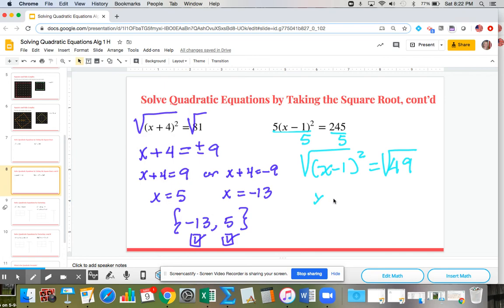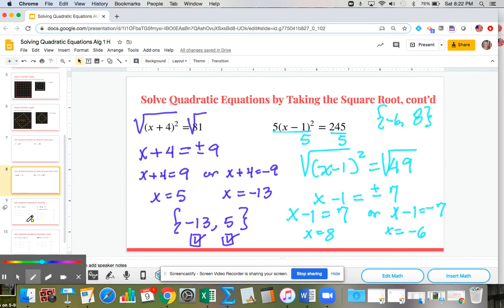So we're left with x minus 1 on the left. And on the right, you're left with plus or minus 7. And so the two equations we can write look like this. x minus 1 equals 7, or x minus 1 equals negative 7. What number minus 1 equals 7? Add 1 to both sides. 8, that's a possible solution. Add 1 to both sides. Negative 6 is your other solution. So we have two solutions for this one, negative 6 and 8. And so hopefully you feel like you could try some of these examples on your own, solving quadratic equations by taking the